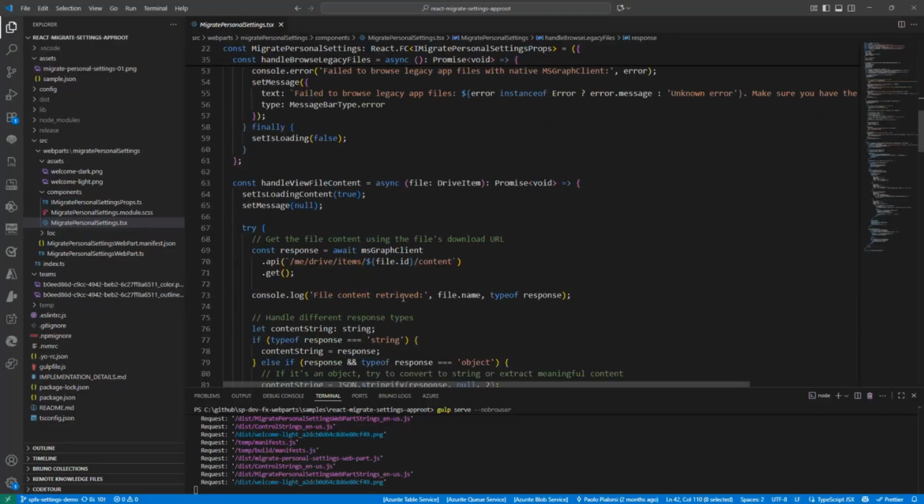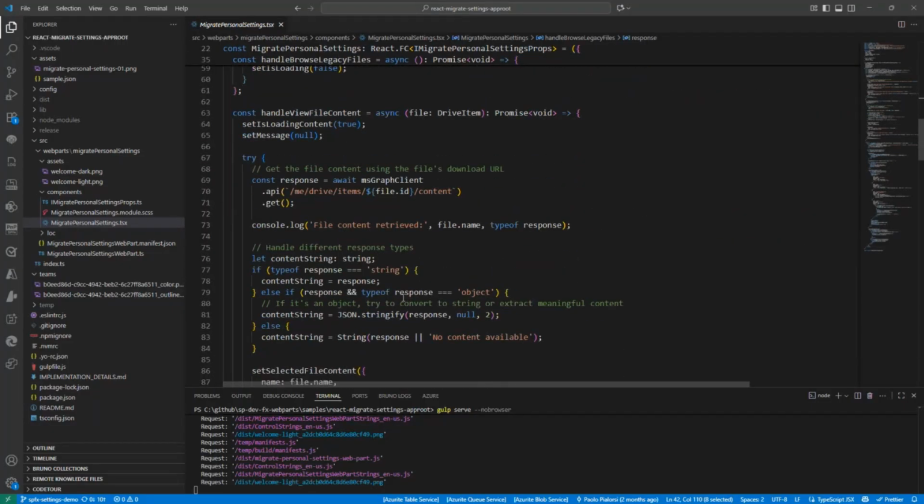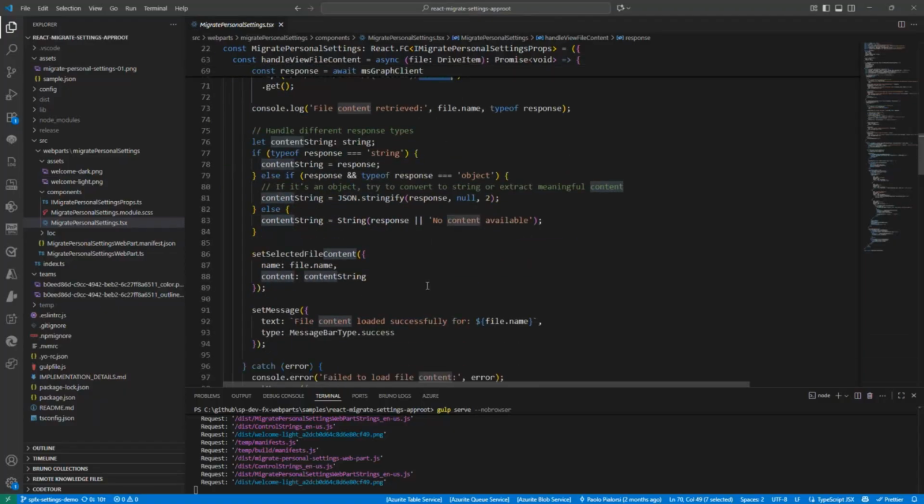And if I want to get the content of a specific file, I simply do me/drive/items. I provide the unique ID of the file/content to get the actual content of the file. And again, I can read and write the content to copy it over to the new approot or whatever else you want to do. Okay, so really, really simple scenario, but this will save your life if you need to